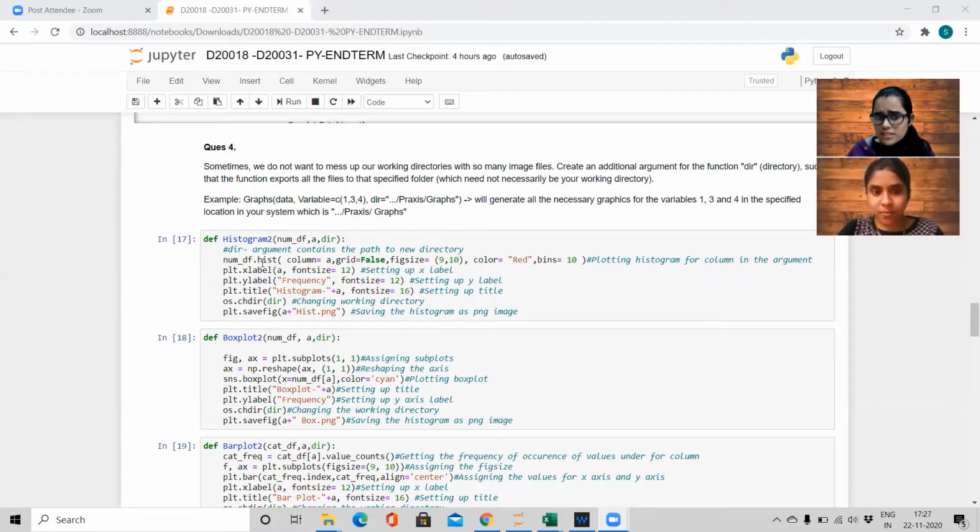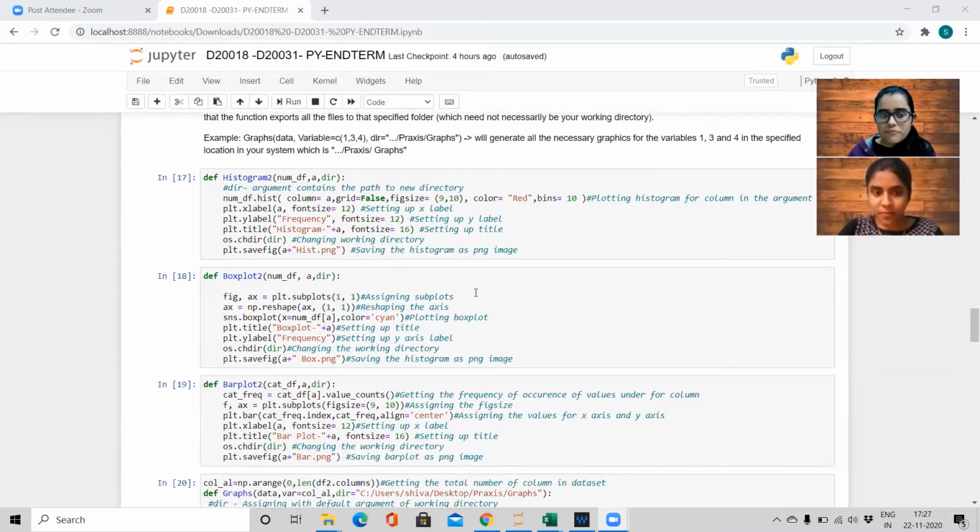We have used the hist function to plot the histogram, with arguments like grid, figure size, color, etc. We have specified the X label, Y label and title, and changed the directory to store the visualization in that particular path.